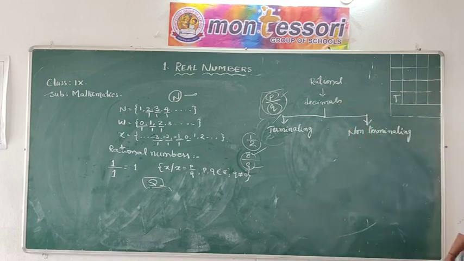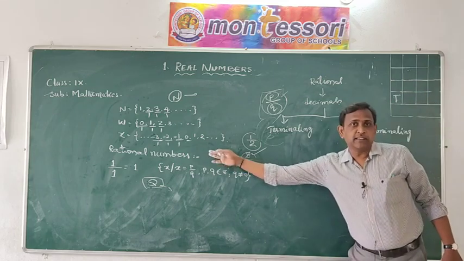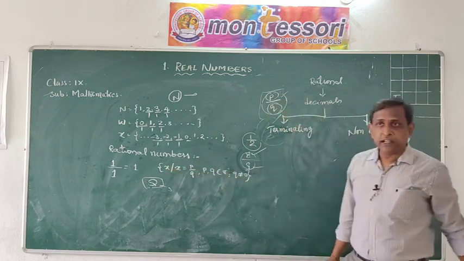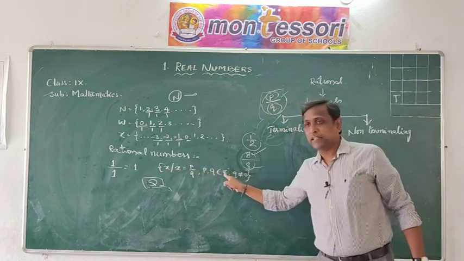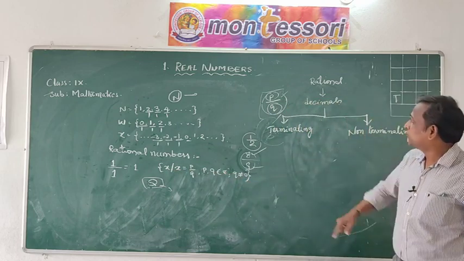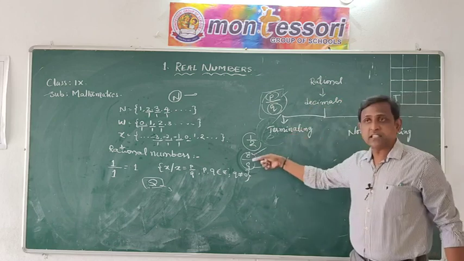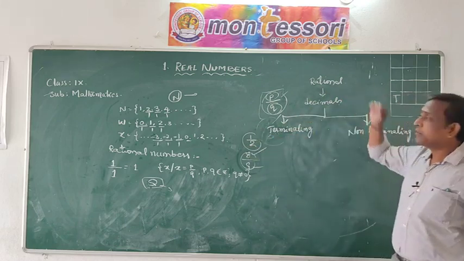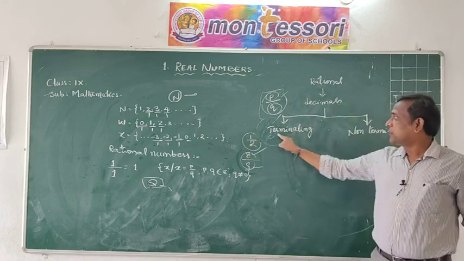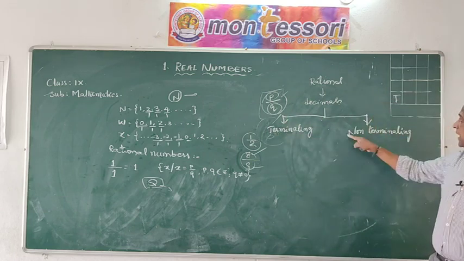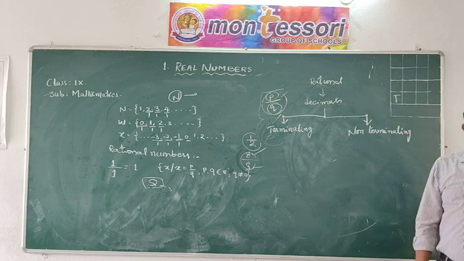Children, once you see here, I have explained about this rational number. The rational number can be expressed in the form of p by q, and p, q are the integers, q is not equal to 0. Then we have expressed that every fraction in the decimal form also. The decimal form is two types again. One of them is a terminating decimal and the another one is a non-terminating decimal.